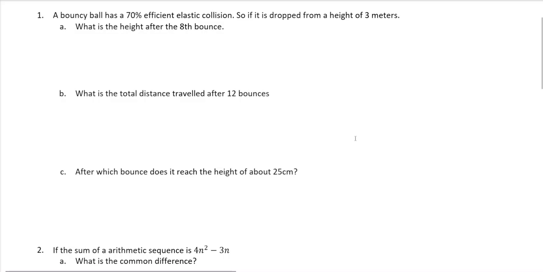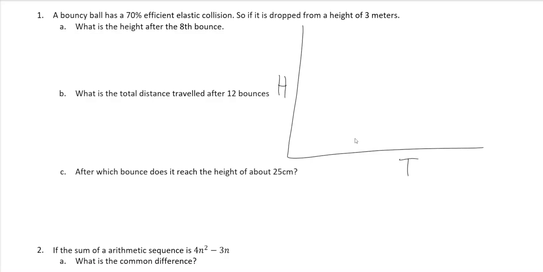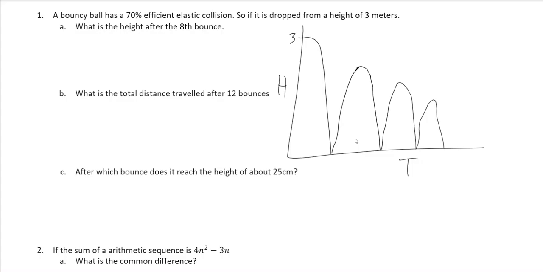Okay, so this is what's going on. We're going to draw this out roughly speaking first so that we have some idea of what's happening. This is a height versus time graph. It's dropped from a height of 3 meters here, and it hits the ground, then it bounces up again to 70% of the original. I don't know exactly what that is, but 2 point something, right? Then it bounces down, and 70% of that height, down, 70% of that height, down, and so on